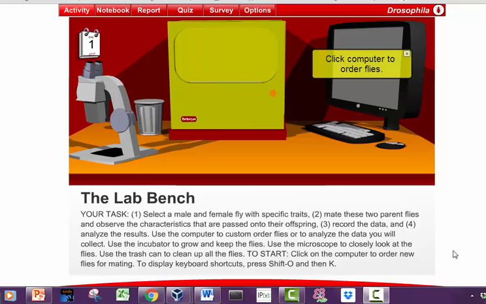Hello there, this is Dr. Seville, and we're going to do some more 3-point mapping. But this time we're going to do it on the virtual fly lab. And I know you guys are just loving the idea of doing another virtual fly lab, and so that's what we're going to do. The first thing in virtual fly lab is going to be to